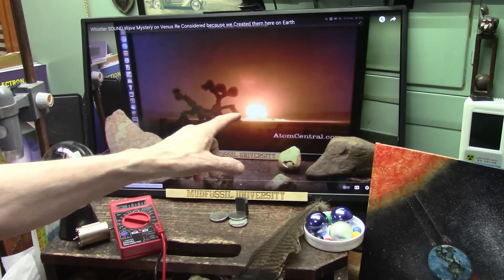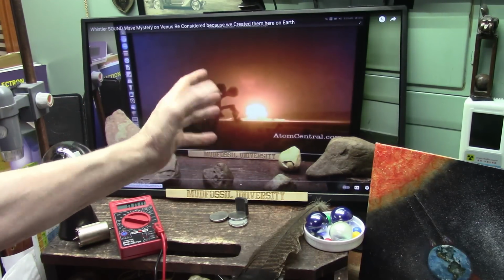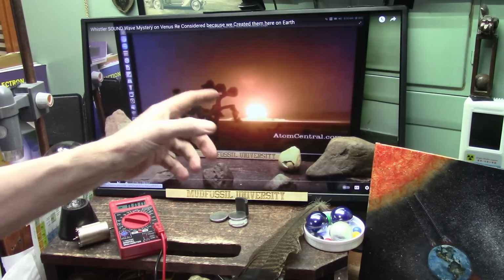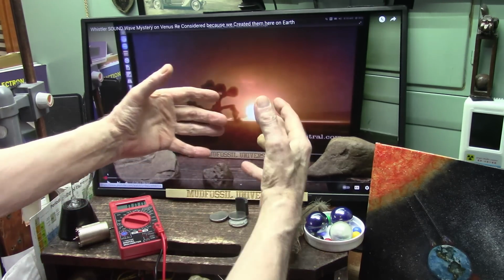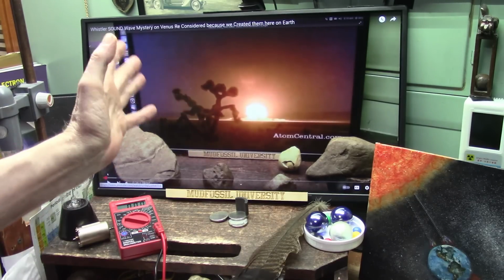You hear that? That's the Whistler wave, audible wave, ahead of the concussive wave, which took 30 seconds or more